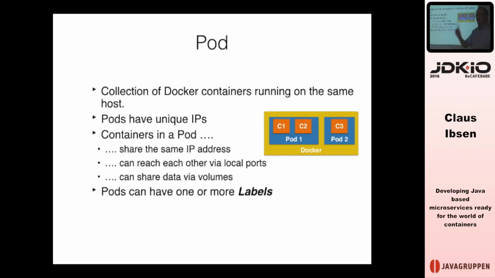But the good thing about having a unique IP address on a pod is that you can run a container inside that pod, and you can assign any port number you want to use for that container. So if that container is Apache Tomcat or Spring Boot or something, that will typically use port 8080 for HTTP, and that's free to choose. Then you can run another pod on the same physical node that also has Apache Tomcat or Spring Boot, and it can also use port 8080, because it has its own IP address, so there are no port clashes between your pods. And you can use static port numbers. That's really awesome about Kubernetes.